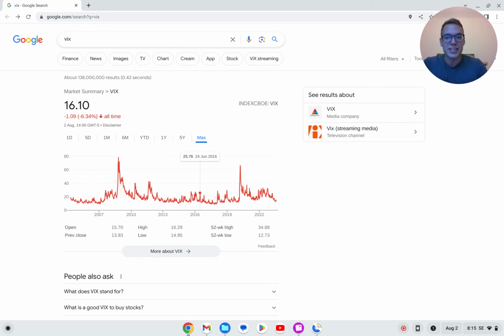On the screen right now, you see the index tracked historically. And if there's one thing that really stands out, of course, it's these two massive spikes, one in 2008 and one in 2020. And this represents a lot of fear in the market, not only volatility. Remember, high volatility means higher standard deviations, higher uncertainty on the returns that you will get. Investors hate this, and in 2008 and in 2020, we saw a massive sell-off, and then we saw a huge recovery.